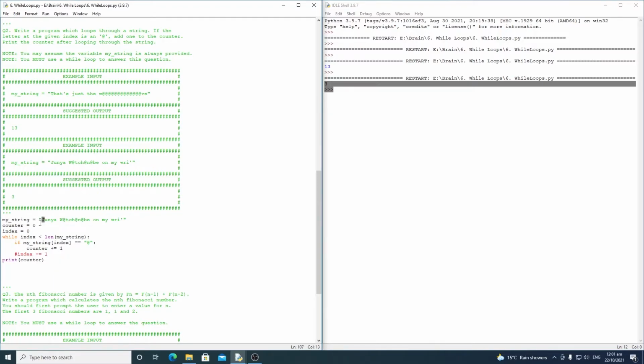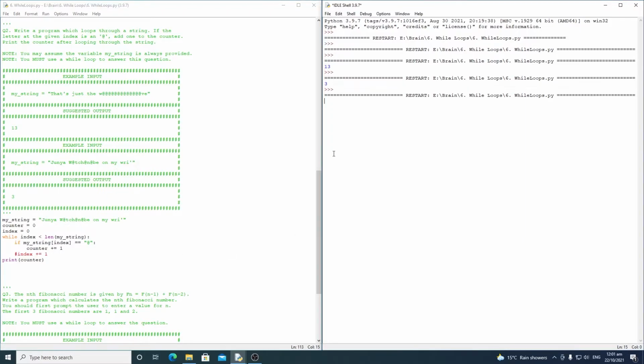So it's going to continuously print J. So if I run this, it looks like nothing's happening, right? But what's actually happening is it's continuously